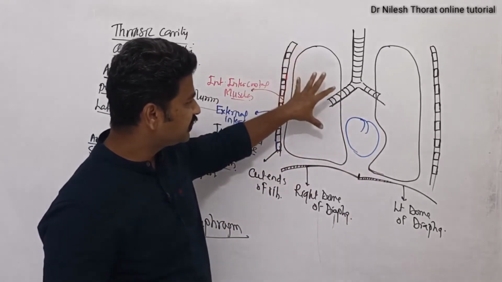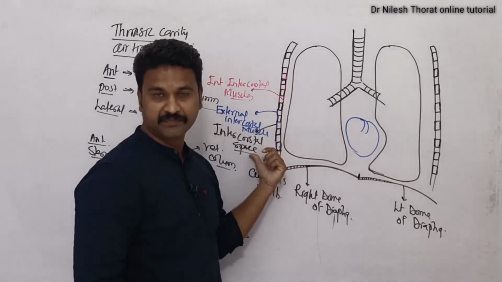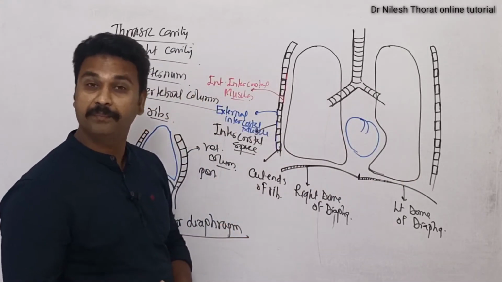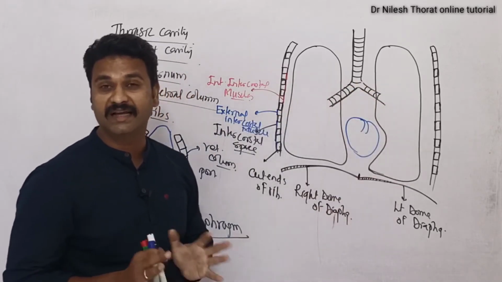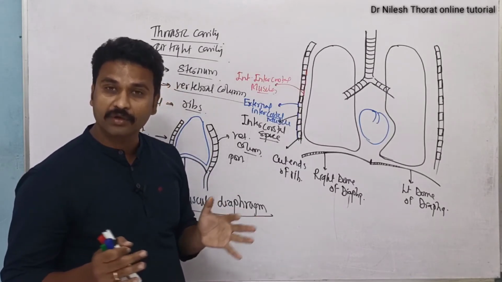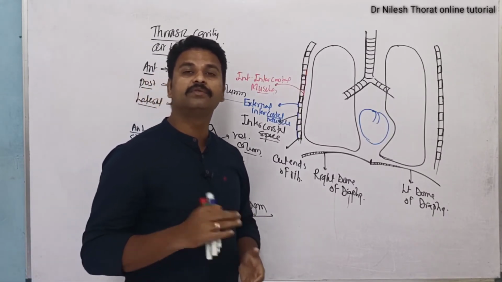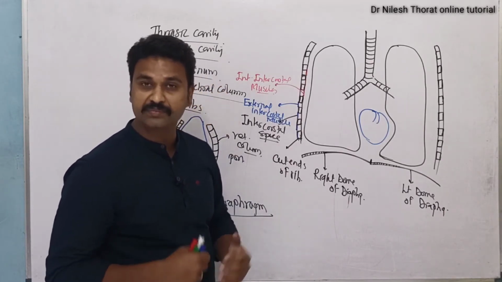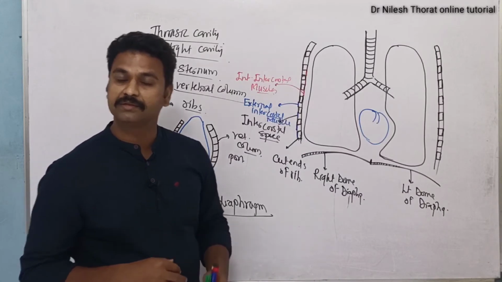Now this arrangement is such that any alteration in the thoracic cavity will be transferred to the pulmonary cavity, because we cannot change the volume of the lung as such. So what we can do is change the volume of the thoracic cavity, and accordingly the volume of the pulmonary cavity will also change. We will speak about this in the later videos.